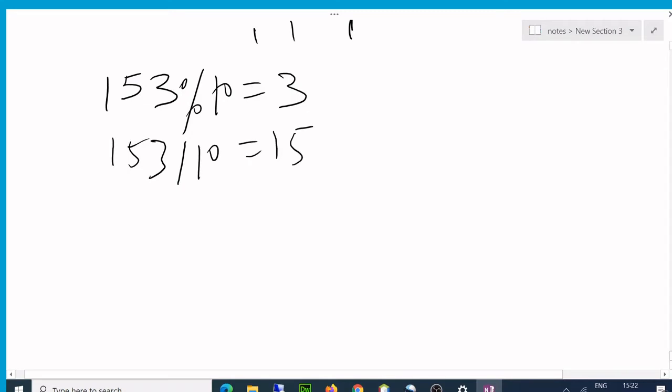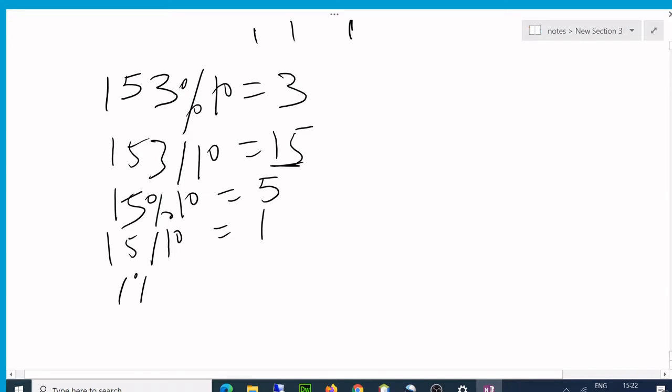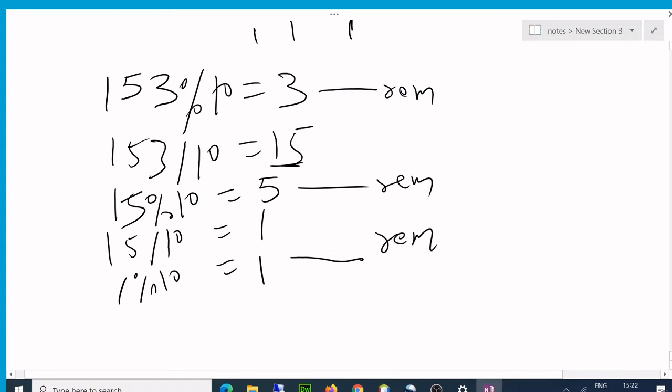and then we're going to basically get the quotient, so that's 15. Then 15 becomes my number, divided by 10, then I get 5 as remainder, then I get the quotient of 15, so quotient is 1, and then I get 1 here. These are all my remainders, and then 1 modulus division 10 is equal to 0, and that is where my program or loop stops.